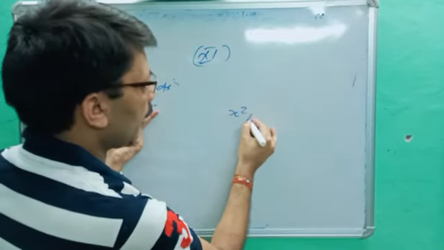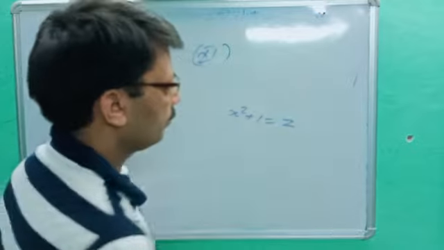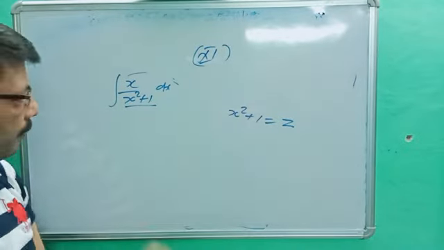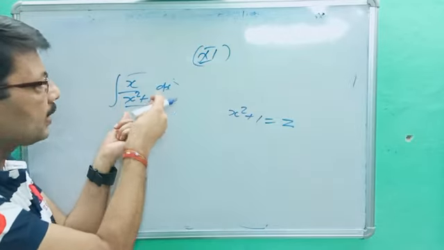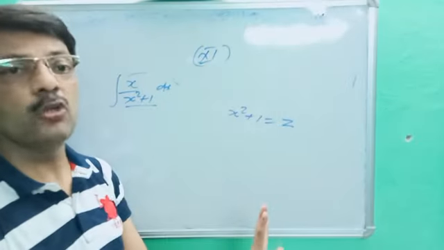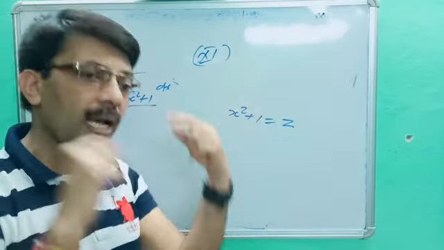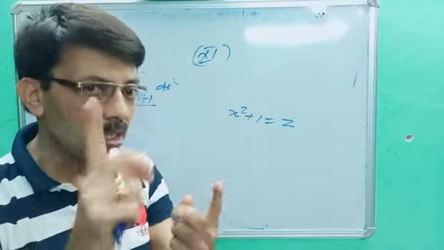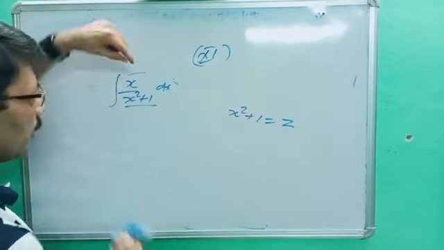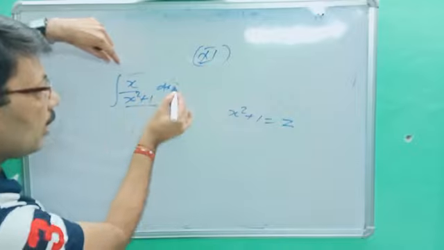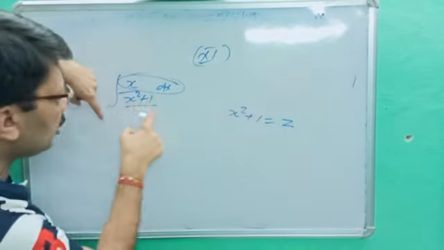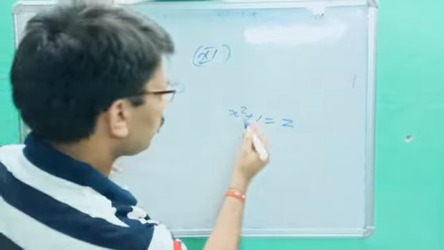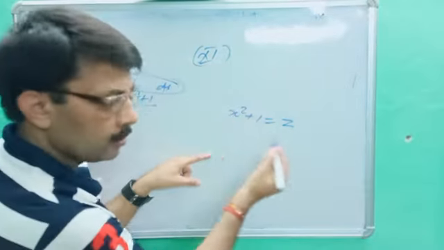So x square plus 1 is equal to what? z. I started. If you put z here, it will be x upon z. So no doubt it is a function of x and a function of z. It is impossible to integrate it. It should be a function of x or a function of z, at least one function. Okay. So now our next aim is not dx, our next aim is x dx. We have to remove the x dx because this quantity is substituted as z. So now we can differentiate according to previous.